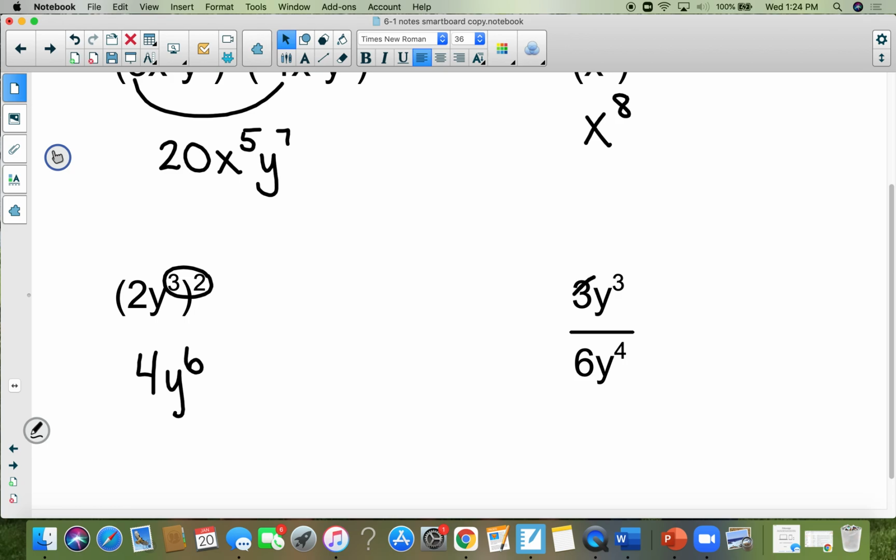This one, 3 goes into 3 once and 3 goes into 6 twice. Y to the third goes away and becomes y, but if you take away 3 out of the top, you also have to take 3 away out of the bottom. Your final answer is a 1 on the top and a 2y on the bottom. Next page,